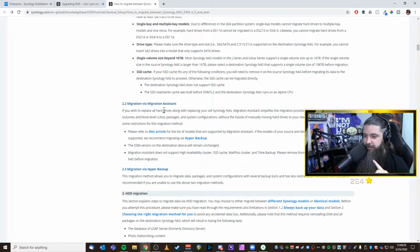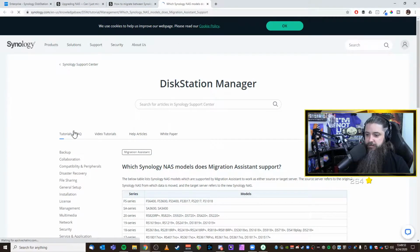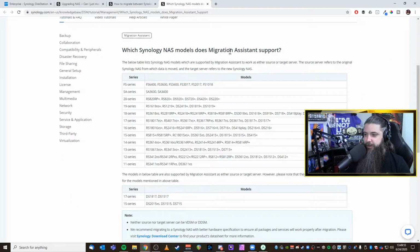If you wish to replace all hard drives along with replacing your old Synology drive, Migration Assistant simplifies the migration by allowing you to migrate data at the volume and block level, LUNs, packages, and system configurations without the hassle of manually moving hard drives to your new NAS. However, there are some restrictions. Okay, refer to this article. Which Synology NAS models does Migration Assistant support? The below table lists NAS models that are supported to work as either source or target. The source server refers to the original NAS from which data...